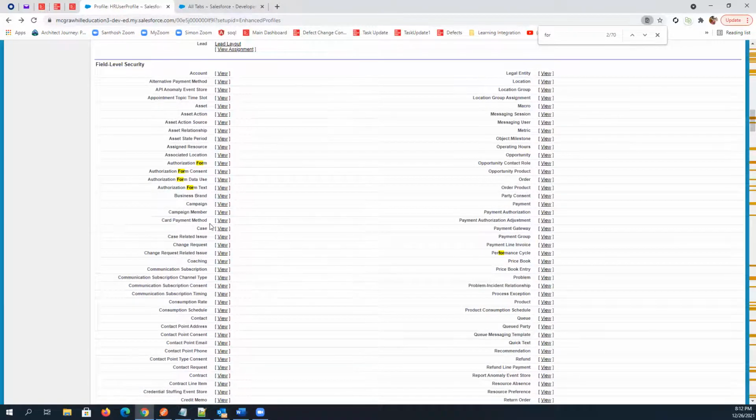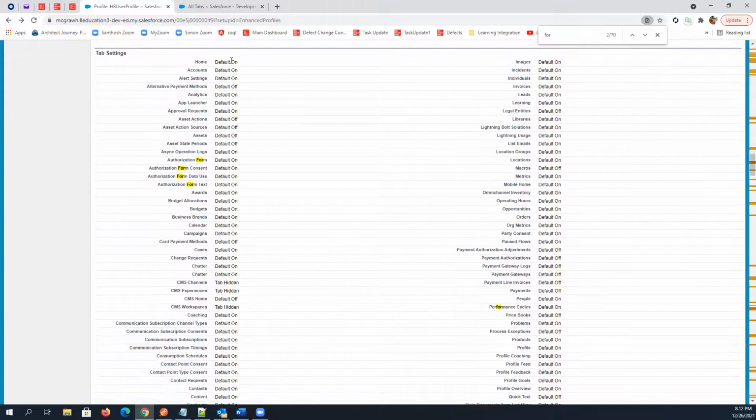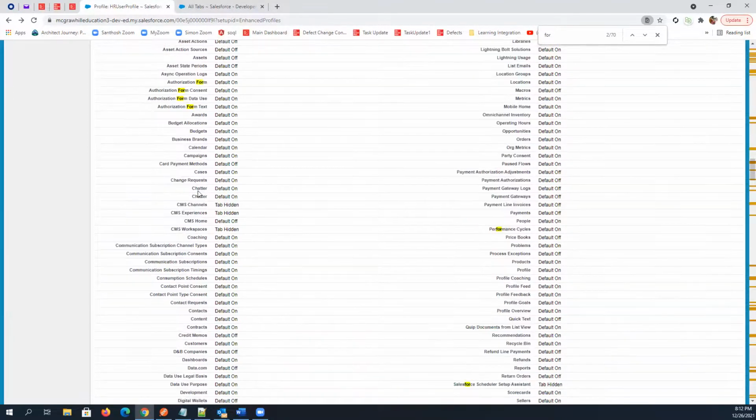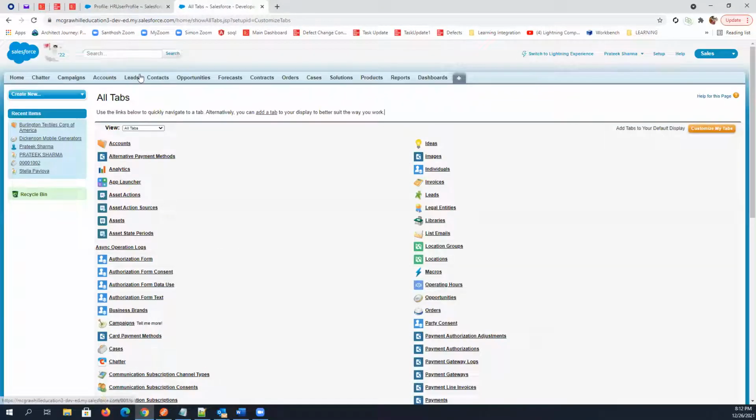Every tab can have multiple options. Here we have this forecast, and you can simply make it default on, default off, or tab hidden. So there are three permissions that you can give on a profile. Default on means the tab will be visible on this section.